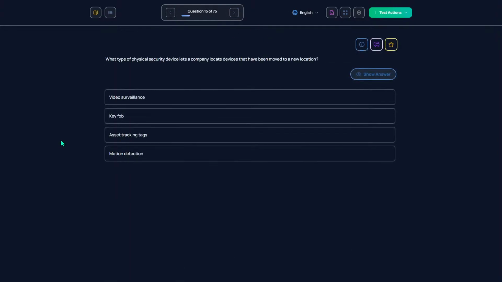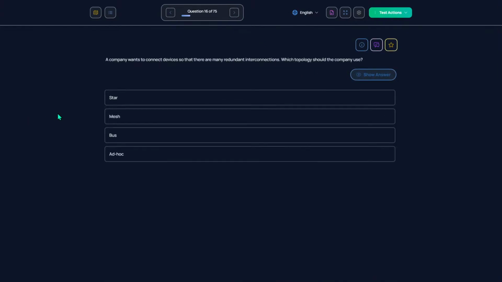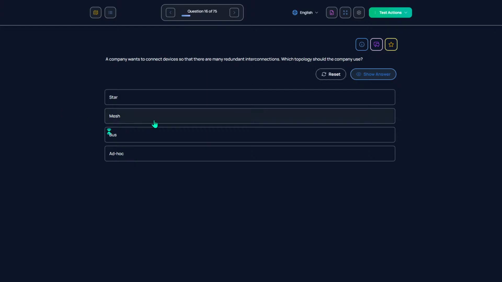What type of physical security device lets a company locate devices that have been moved to a new location? Asset tracking tags. The company wants to connect devices so that there are many redundant interconnections. They should use a mesh topology.